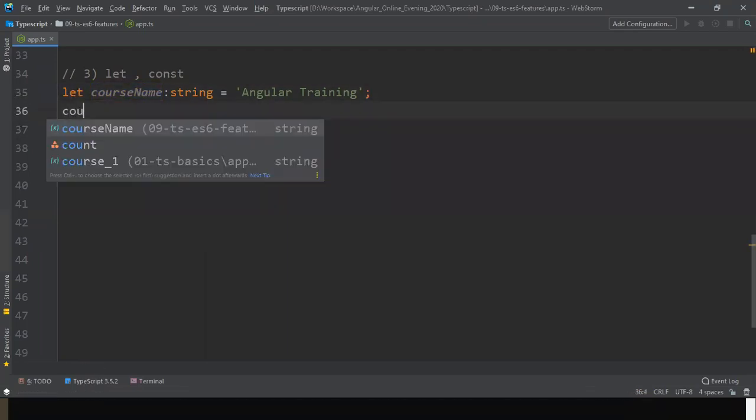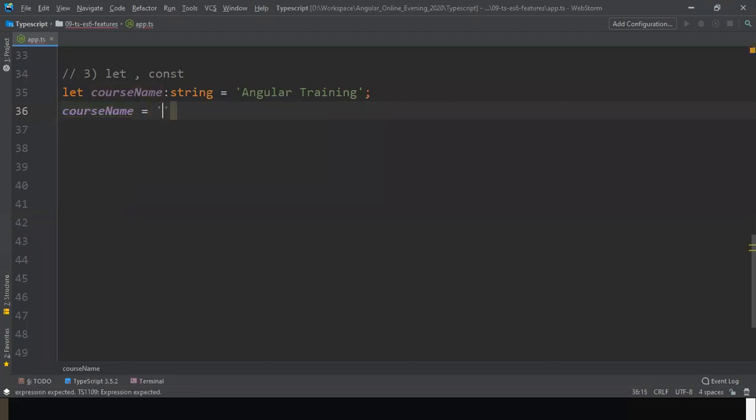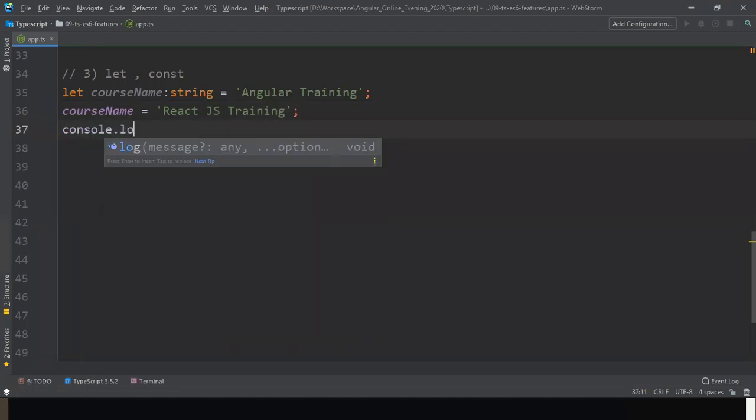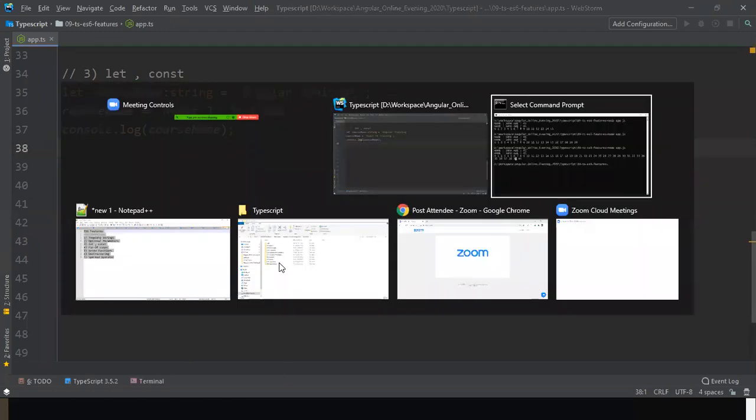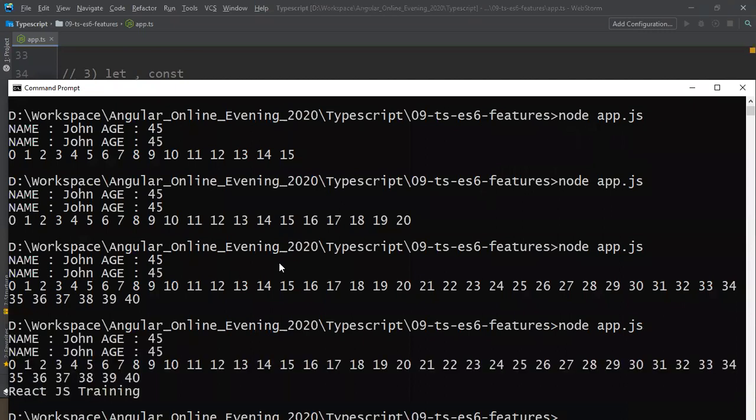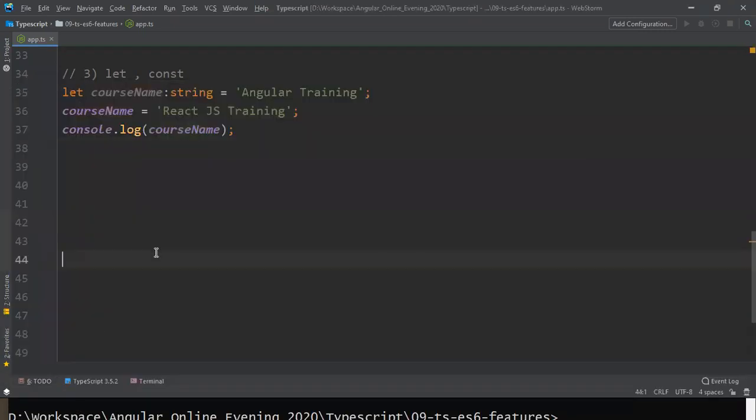So how can I change? courseName is equal to, I'm going to change to React.js training. And when I say console.log of courseName, you get what answer? So Angular has been replaced with React.js, so you will get the answer React.js.